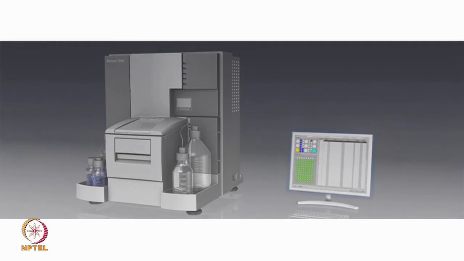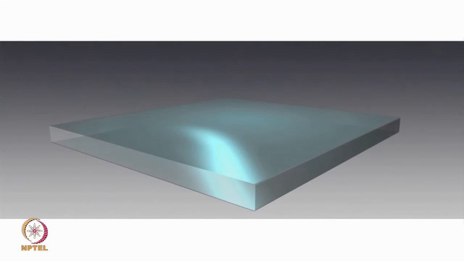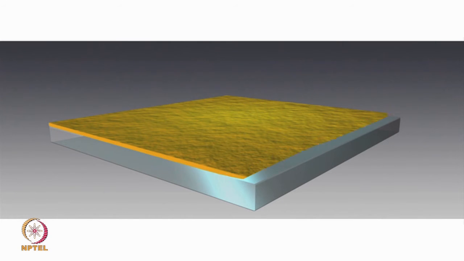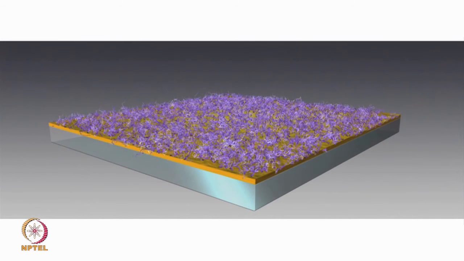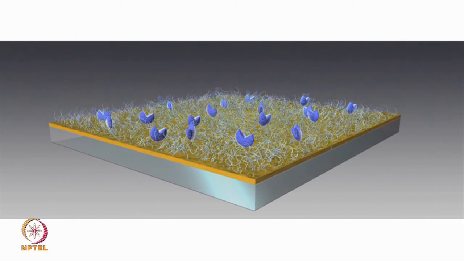Let us show you how it works. A glass slide coated with a thin gold film creates the sensor surface. For most applications, a dextran matrix covering the gold film acts as a substrate to which molecules can be attached and provides a hydrophilic environment for the interaction. Other matrices can be used to attach specific types of molecules.